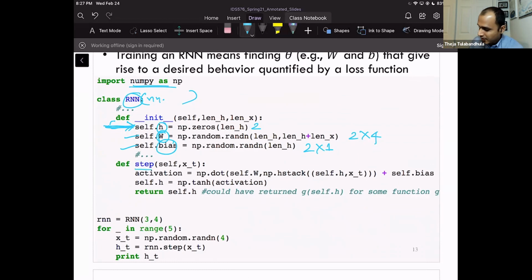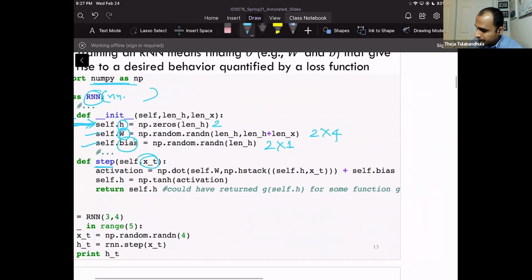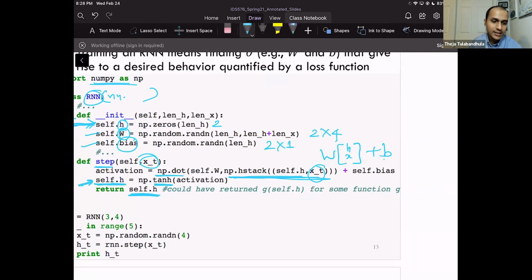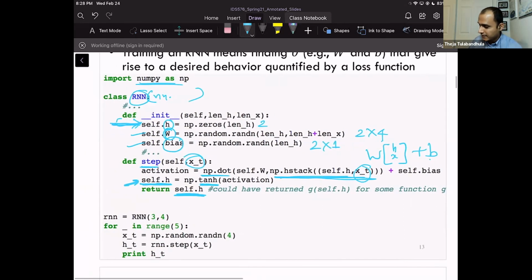So here's the step for this RNN: given a new input, I take the new input and remember my previous hidden output. I use hstack, which basically concatenates. Then I just do an np.dot, so once I do the concatenation, I'm just doing W times h and x, plus b. I have to concatenate those two, and I'm applying a tanh operation and I get an h. I'm remembering that h here, and I'm also returning that h as an output. So this is how you'd call an RNN.